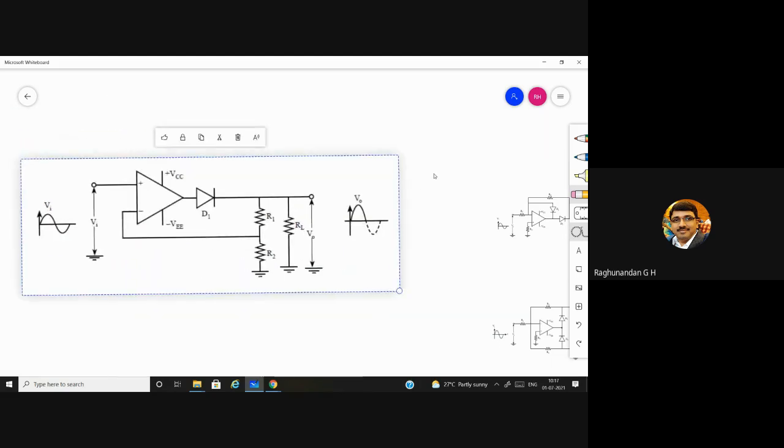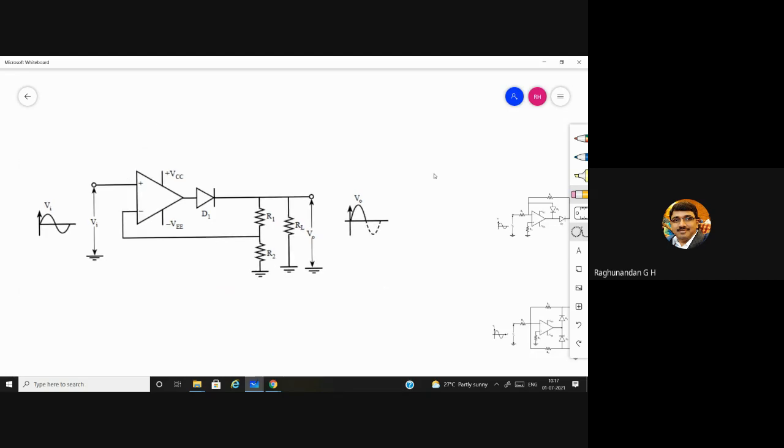This is also a saturating type precision half wave rectifier, but you can see that instead of just the short circuit which we had in our previous circuit, connected like this, here we are having R1, R2. So again, two resistors, and whatever output voltage we get will be appearing across this node. Because of this, if you want to add any gain, just consider this portion,